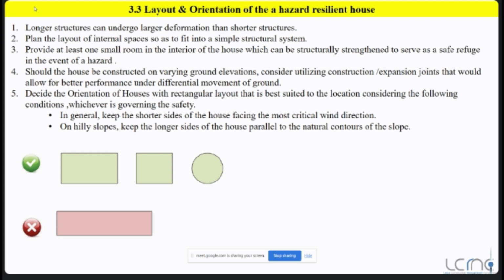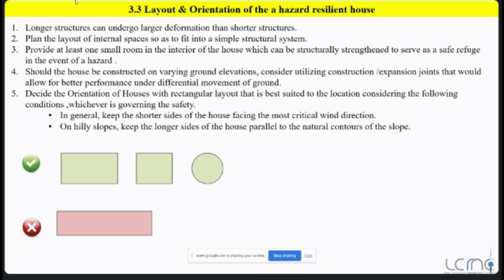The next important fact is the layout and orientation of a hazard resilient house. Now if your structure is very lengthy, you can do the construction, but keep that in mind, we recommend shorter structures. If there will be deformation in this particular lengthy structure,